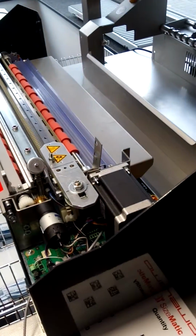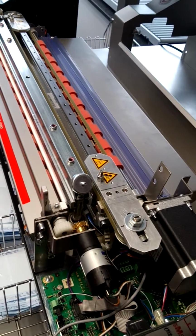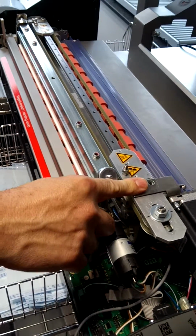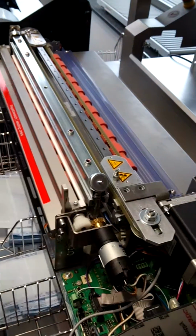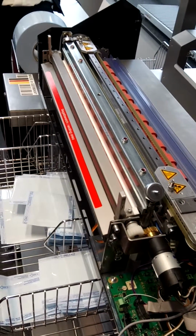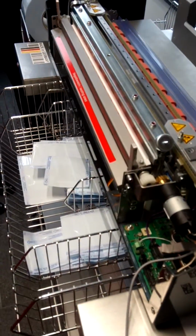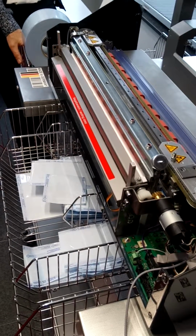So that one can go here, and this one can go up like that. On older machines we didn't have this piece of metal, and for a while now we have it because it serves as transportation safety or lock for this motor. But we had Chinese machines that were shown to me, where the machine doesn't work, where this motor was bent down in such a way that it crashed into the control board, and everybody wondered why the machine wouldn't work. Yeah, if you would drop it off the lorry or transport by donkey or whatever,